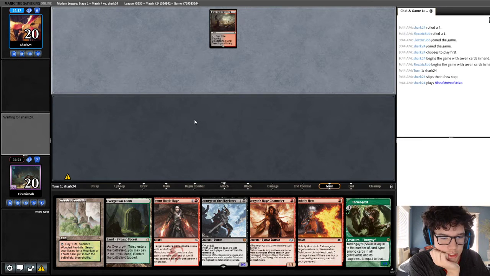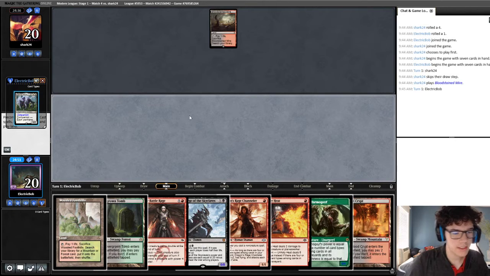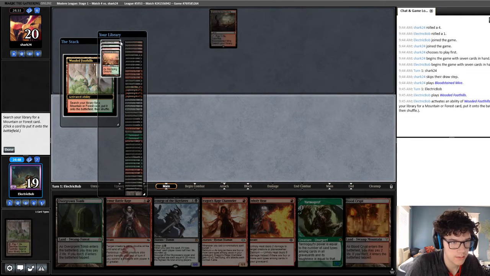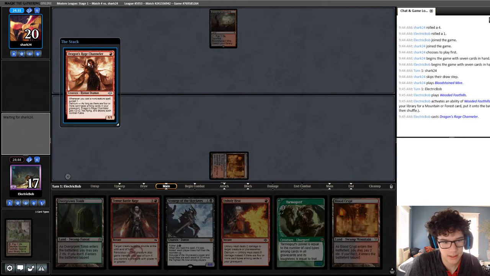Uh-oh, are we up against JUND? Whenever I see Bloodstained Mire go, I'm always terrified that this is JUND. Could also be Burn, but we're not going to play around Burn. Burn also normally plays Lurrus these days, so...